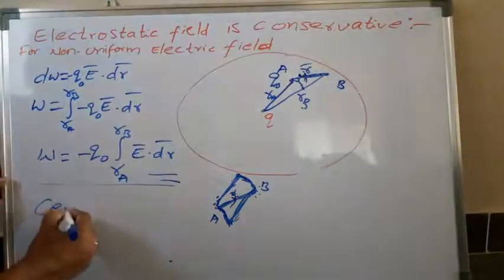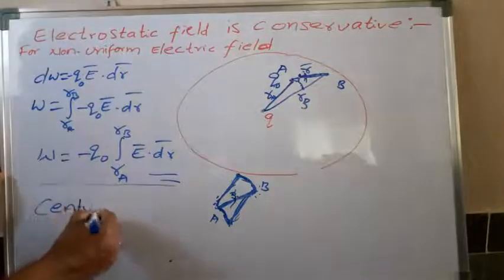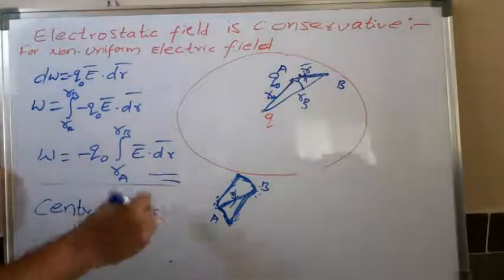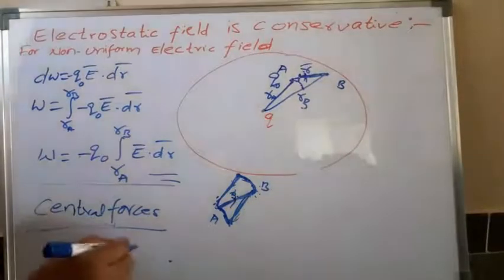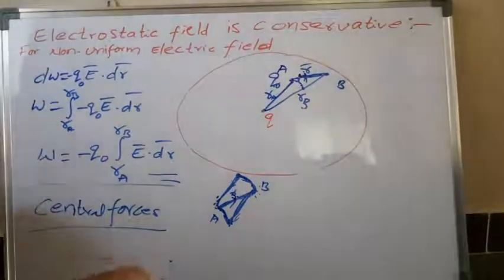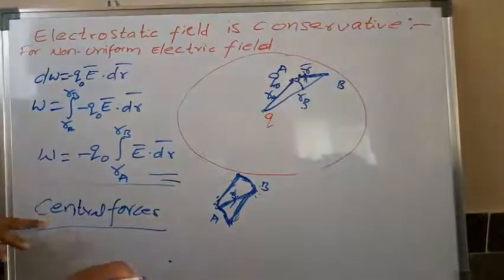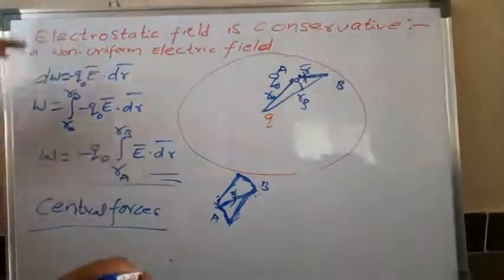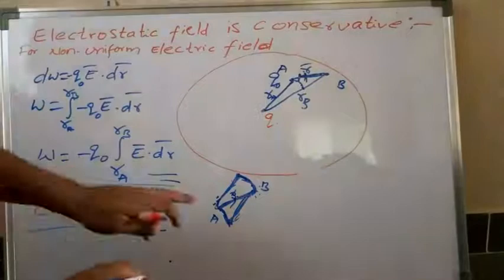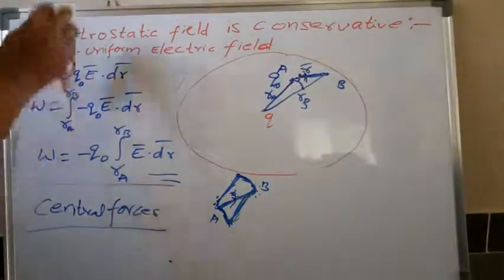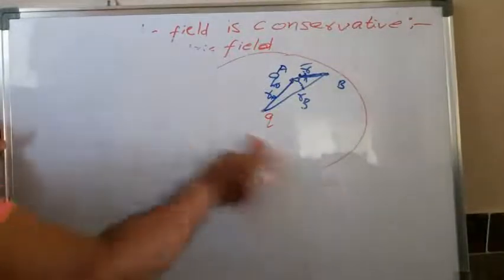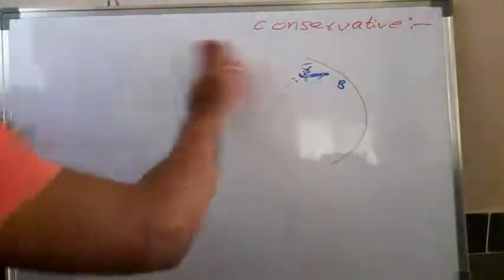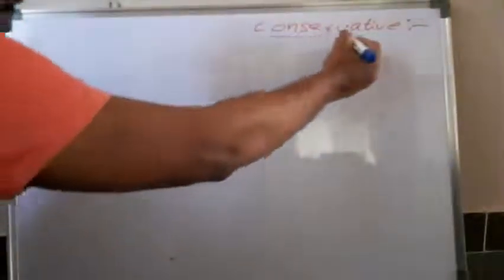Or keep this discussion aside, we may say this in other words also. In mechanics we discuss central forces. Central forces are the forces which depend only on the distance between the points and not on the path followed. This is satisfied by the electrostatic field. So electrostatic force is a central force. Central forces are conservative. Like this, you follow any method, we can say the electrostatic force field is conservative.